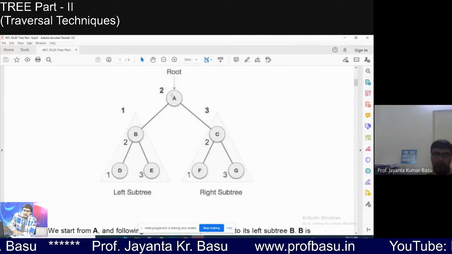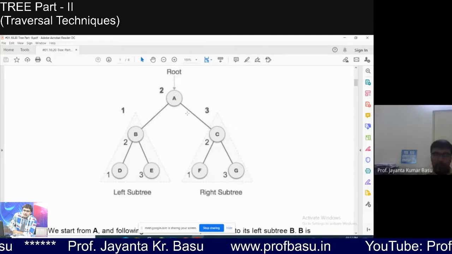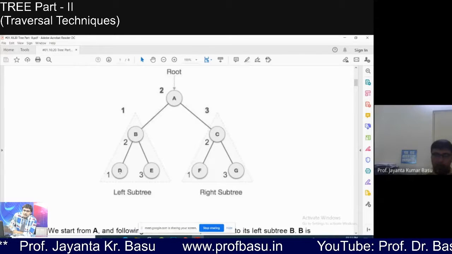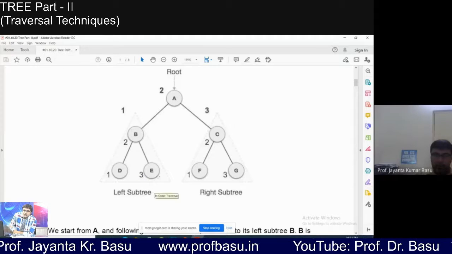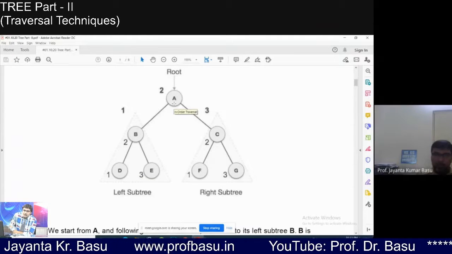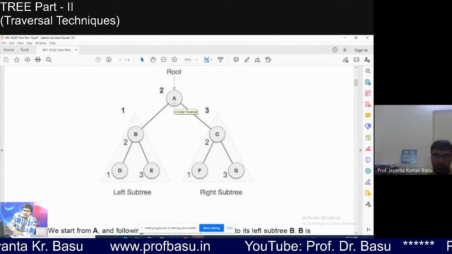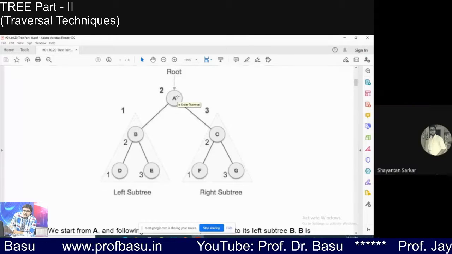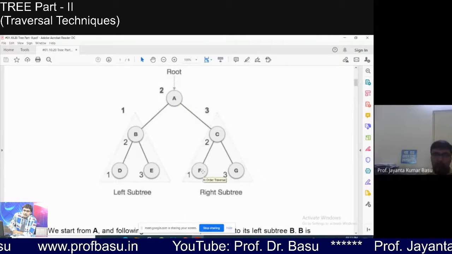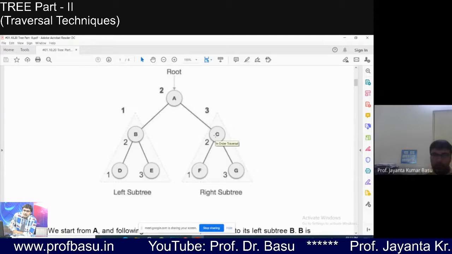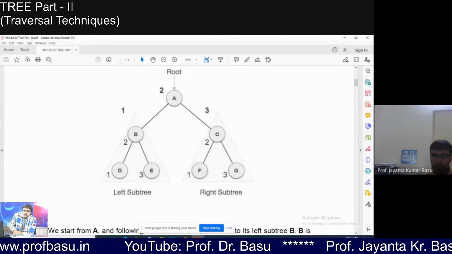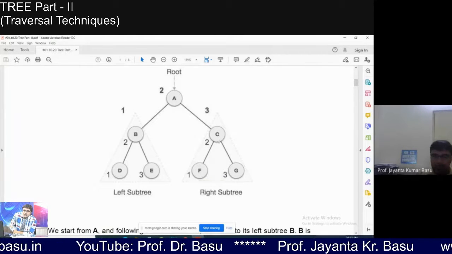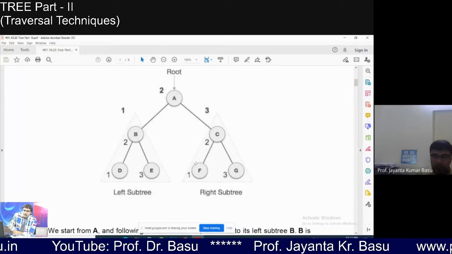Then the root will come, right? So A will come. Then again we are going to visit the right subtree. So what are we visiting and printing? D, B, E. After E, what will come? A, isn't it? Then what will be the next value? F, exactly. Because when you go to this subtree, it is a tree by itself, so I have to search the leftmost part of this right subtree. It comes F. After A, F will come.